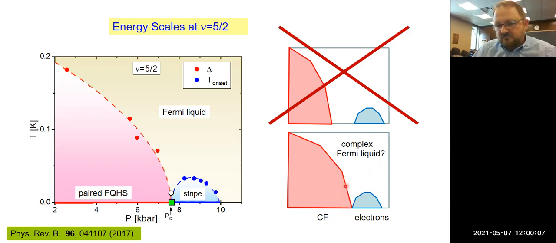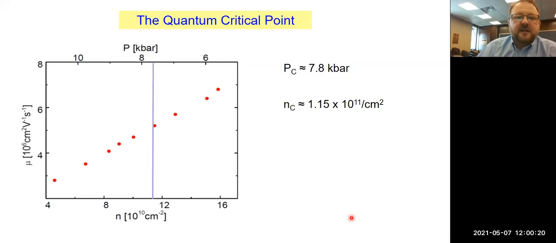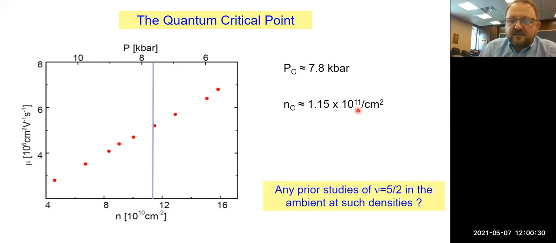So this Fermi liquid that's basically wedged in between these two phases may have some interesting structure. All right. Now I told you that the density changes, and so the critical pressure is a little bit less than 8 kilobar. The critical density then would be about 1.1 times 10^11. And of course, this kind of begs the question, what have people seen at filling factor 5/2 at this particular